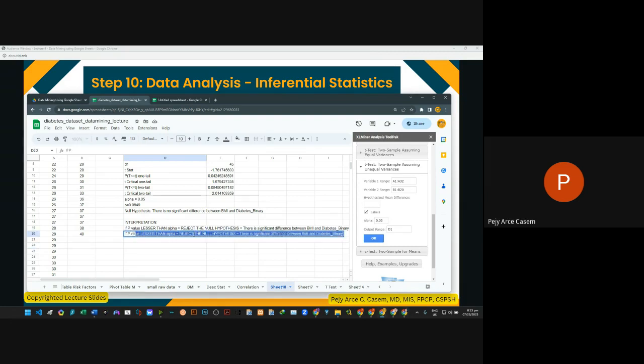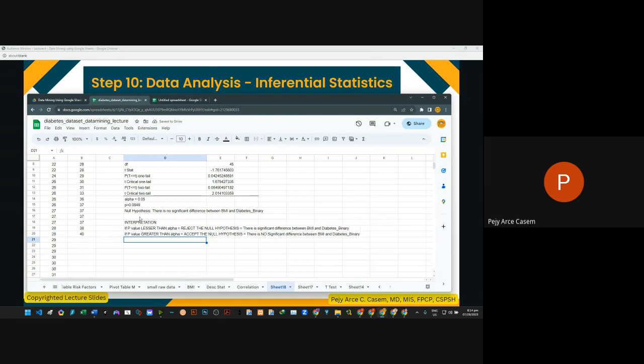If the p-value is greater than the alpha, accept the null hypothesis. Meaning, there is no significant difference. So there is no meaningful correlation between BMI and diabetes based on your data. Okay? So that's one. So since our p-value, which is